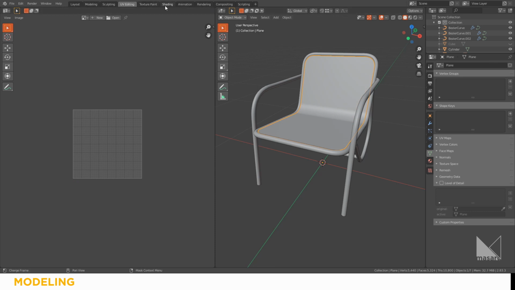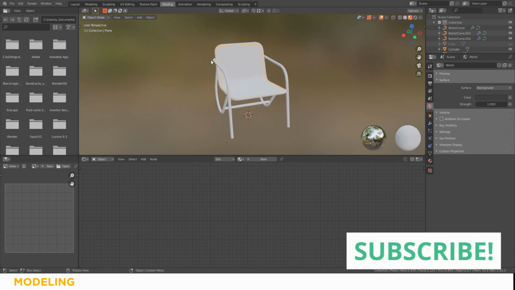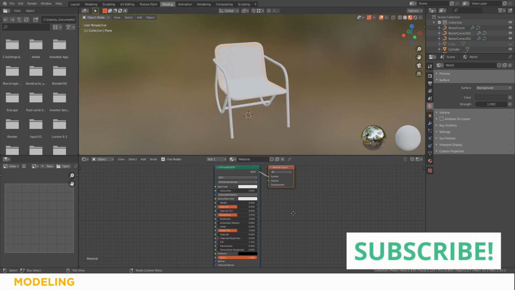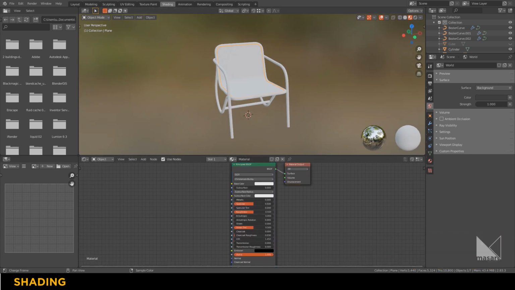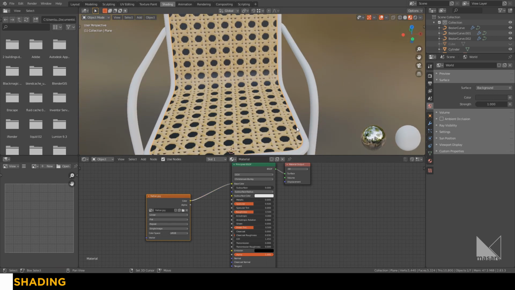Okay, now go to the shading. We have to make a new material for it. Okay, here I have the wrapping texture that you can download for free, of course. I also found the link below, and we have the base color here,